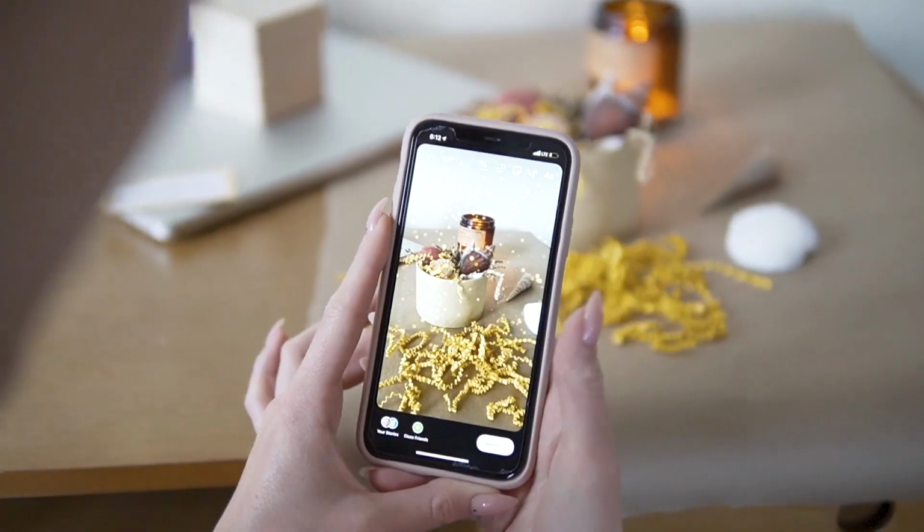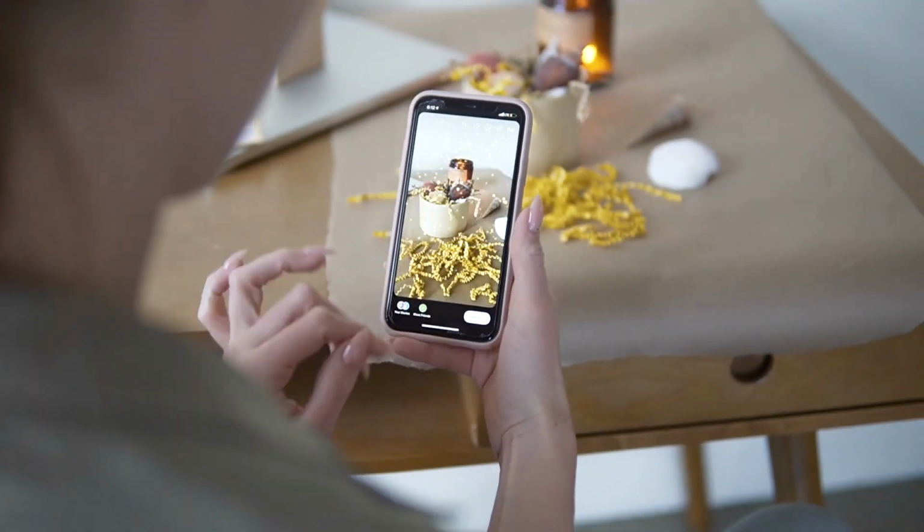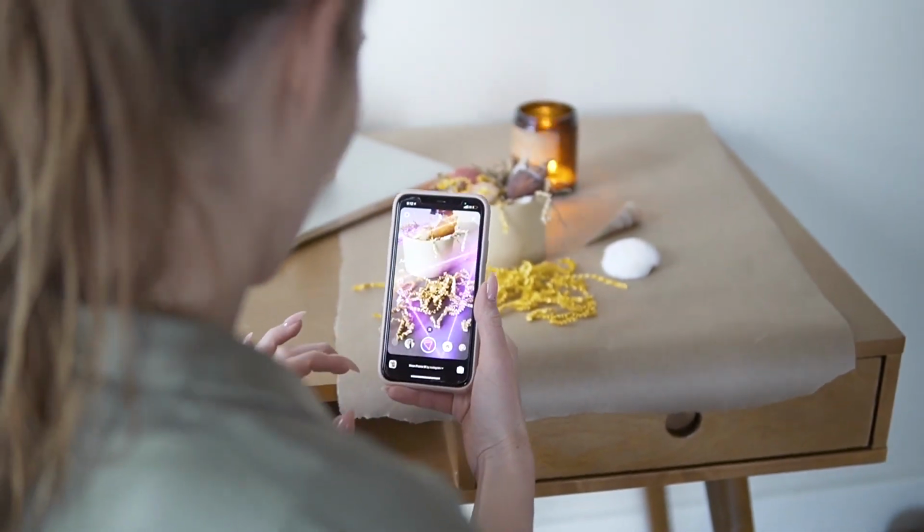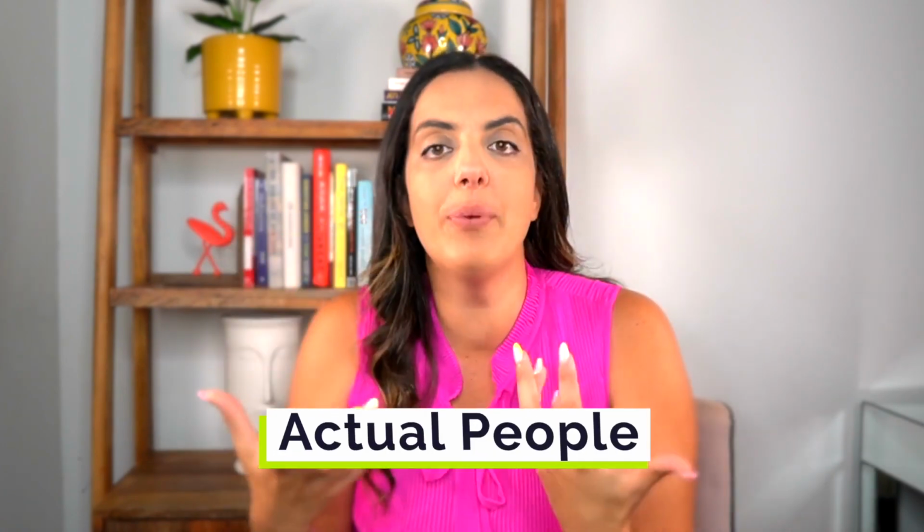UGC content is obviously a type of content creation, but there's different forms, right? For us on the social side or on the brand side, when I think about content creation, I'm thinking about a creator shooting content and us using it on our page, right? But if I wanted to have a testimonial style video, or feeling like it's my fans or my customers or people that are using my product, if I was in a product-based industry, I may want actual people, or showing the product arriving in the mail and, again, unboxing it, showing it off. And again, not always having the talent presenting the topic, but maybe it's just their hands and they're showing the